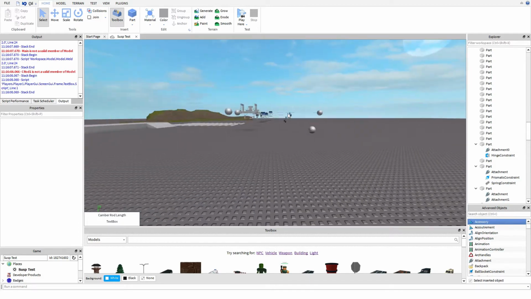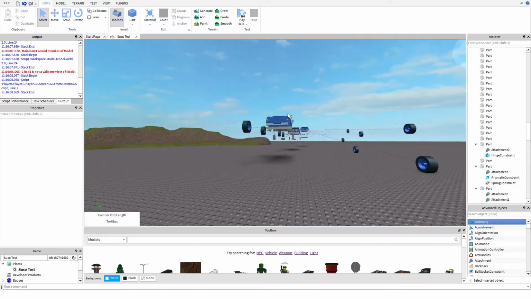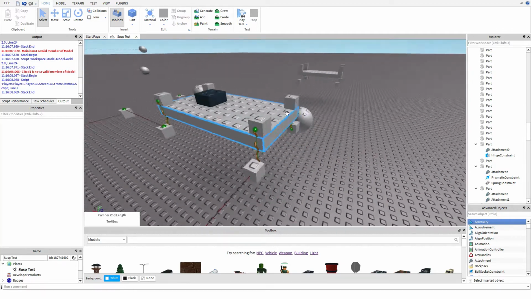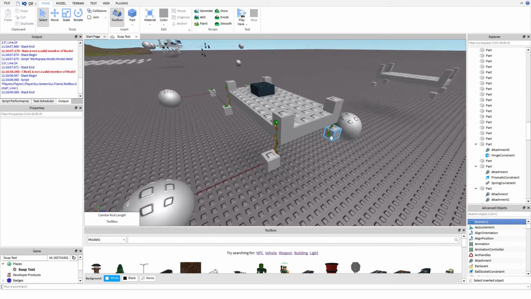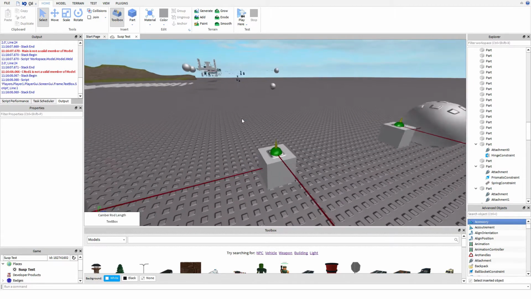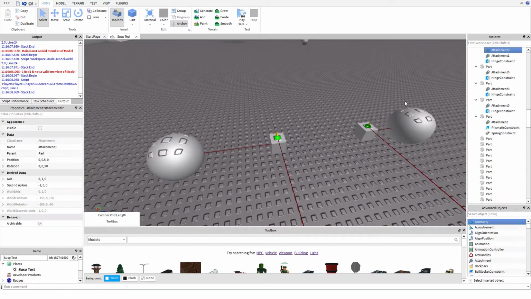Today we're going to be finishing our truck, the easy simple little truck suspension we made over here. So let's get into it. First things first, what we're going to want to do